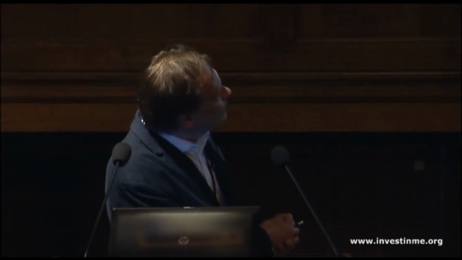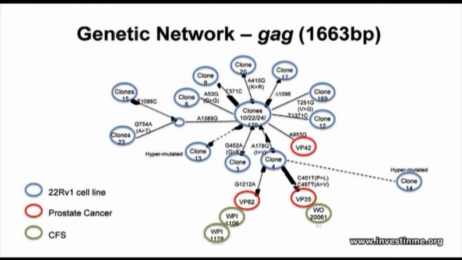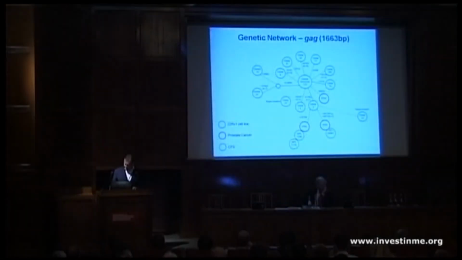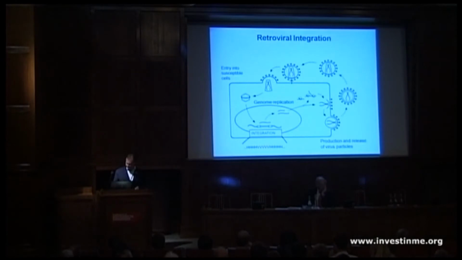Most importantly, you can see that one of the sequences from the cell line has a change, A178G, and all of these from the patients also have that same exact change, but then some of them have an additional 1, some of them have an additional 2. That very strongly suggests that this clone is the source of those, and this clone comes from the cell line. So that was essentially the bottom line as to what made us make the assertion that XMRV likely came from this cell line.